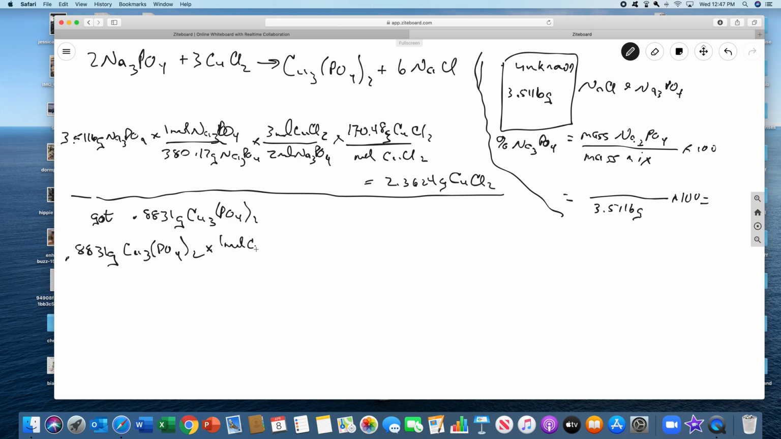We use the molar mass of copper phosphate. Remember the molar masses from the previous video. And then we know from the balanced equation that there's 2 moles of sodium phosphate per mole of copper phosphate. And we know that there's 380